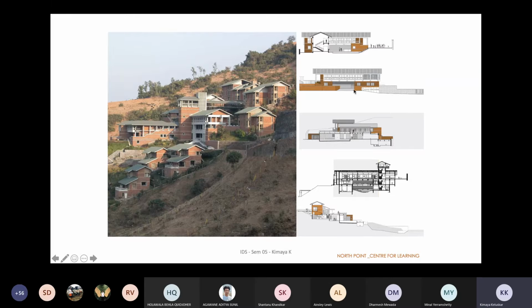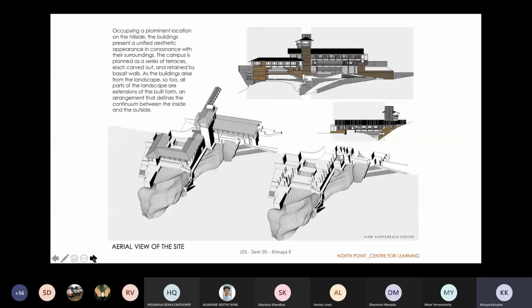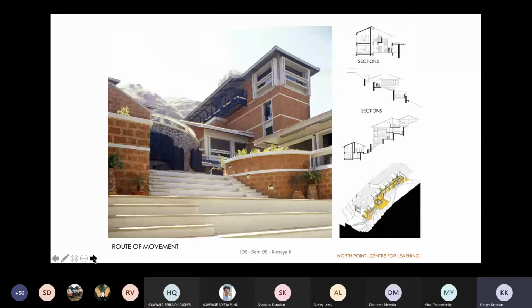And on the right hand side, these are your sections and the elevations of how the building is being created. And definitely it's Khandala. That's why it's a pitched roof, heavy rainfall. Okay. If you see, the windows are also recessed. These are a few more exploded axonometric views just to see how the topography has been worked with.